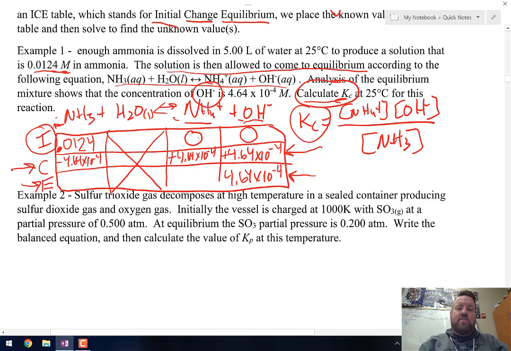So for NH4 plus, it was 0. You're going to add, so clearly you're going to have 4.64 times 10 to the minus fourth. And then for NH3, we're going to take 0.0124, and we're going to subtract 4.64 times 10 to the minus fourth. And I get